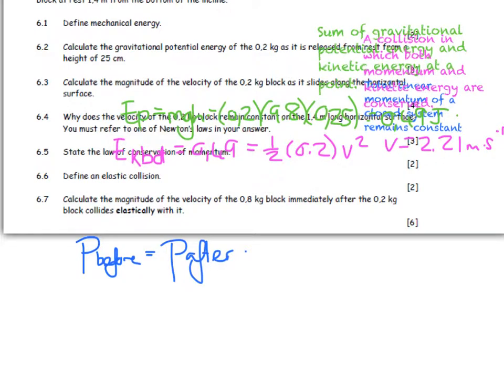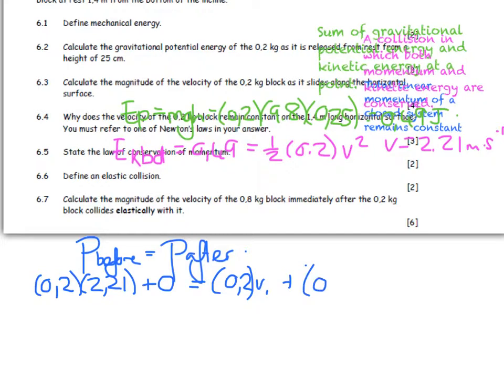Then you're going to say 0,2 was going at 2,21 before the collision, the other block was standing still, is equal to 0,2 V1. No one said that they stuck together, plus 0,8 V2. Now we have got a simplified equation that looks something like V1 is equal to 2,21 plus 4 V2,